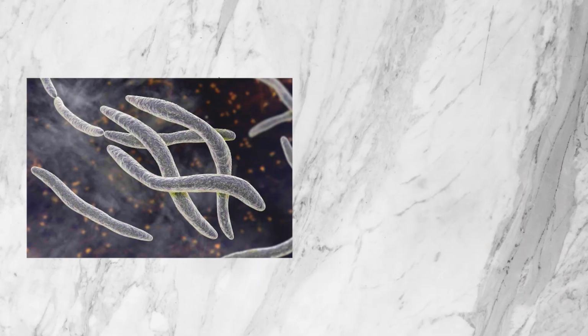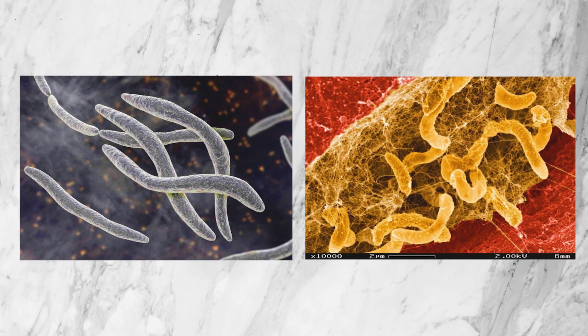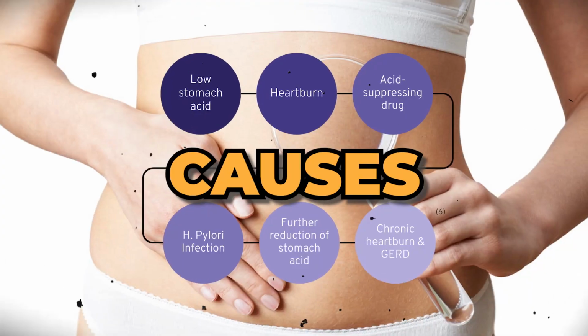And third, hydrogen sulfide SIBO is due to having too many hydrogen sulfide producing bacteria in your small intestine. The main species that produce hydrogen sulfide are Fusobacterium and Desulfovibrio species. Moving on to the causes of SIBO. There are 4 different risk factors that can happen, and when they do, they can put you at greater risk of developing SIBO. They are, number 1 is impaired gut motility, specifically of the small intestine.